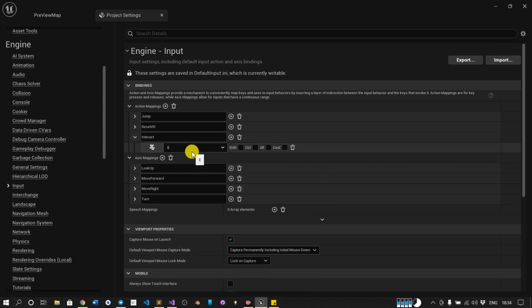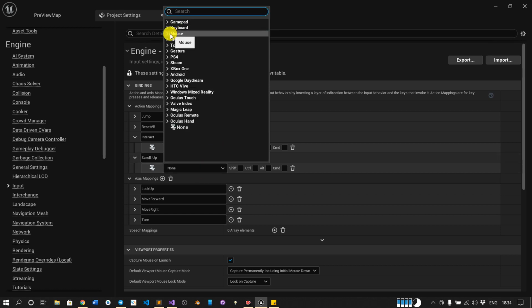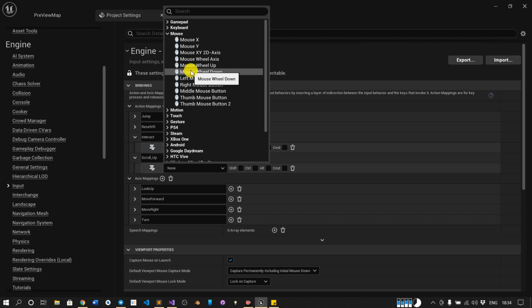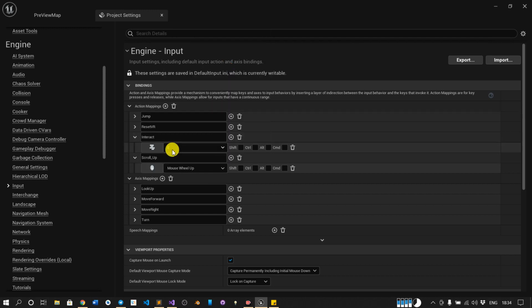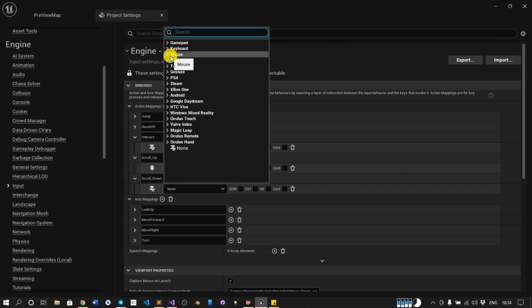So this is for interaction, and we want to equip our gun when we scroll our mouse up and down. So here we will write scroll up, and go to mouse and mouse wheel up, and one more for scroll down, scroll underscore down, and here we will put mouse wheel down.